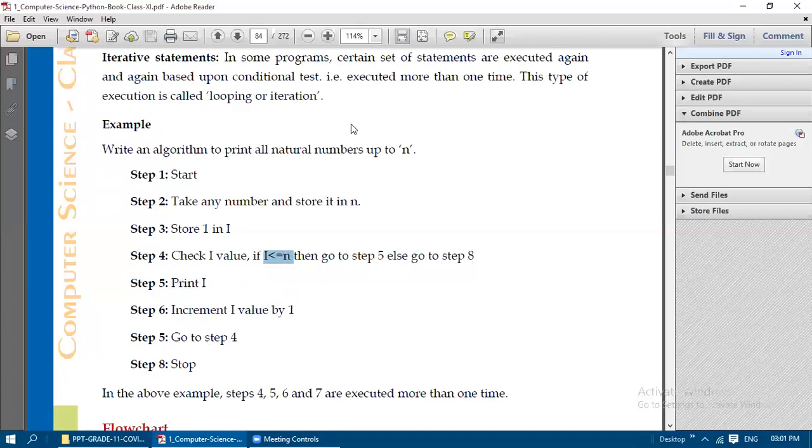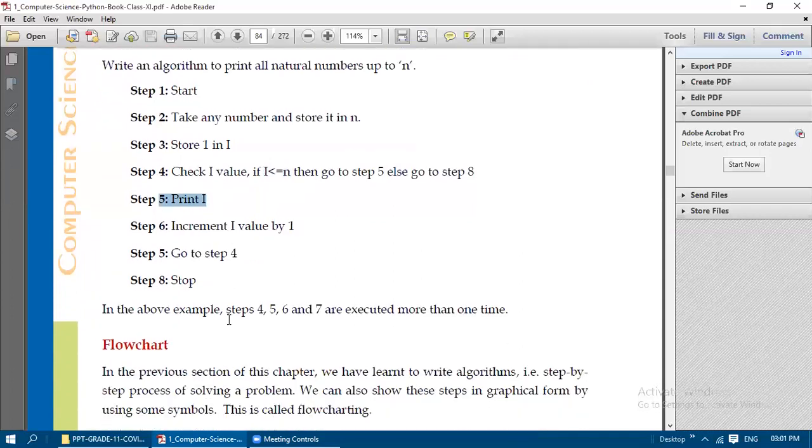A certain set of statements are going to be executed again based upon the conditional test. Here the conditional test is I is less than or equal to n. According to this test, print I is going to be executed up to n number of times. If n is 10, this print I is executed 10 times, so 1 to 10 is going to be printed.